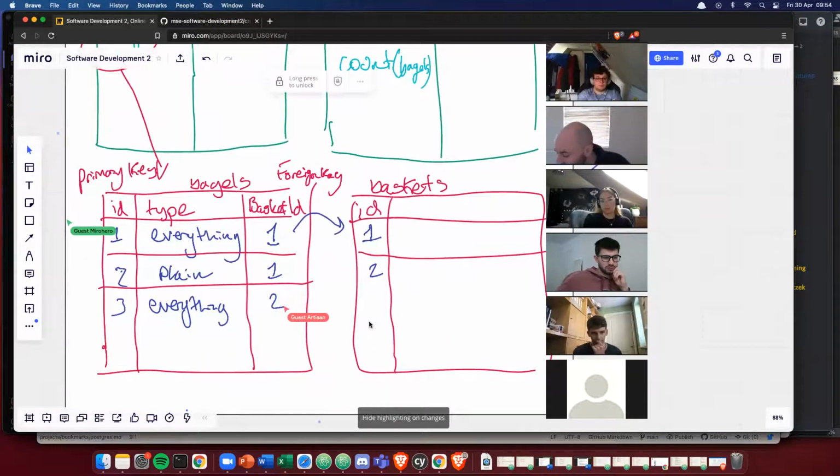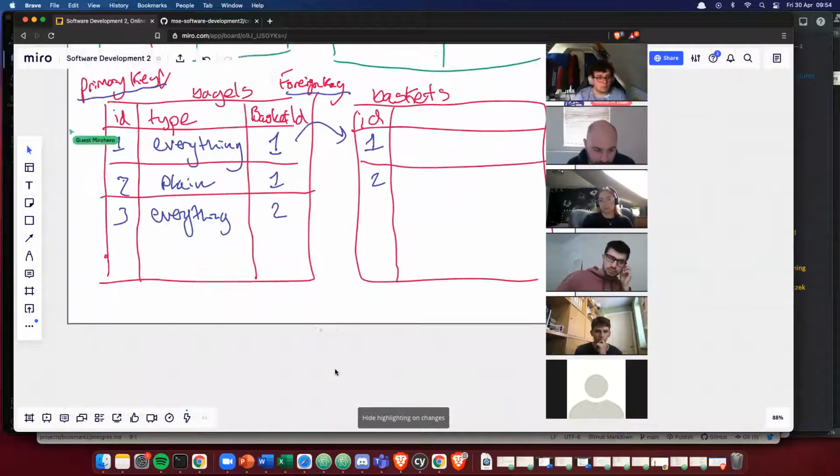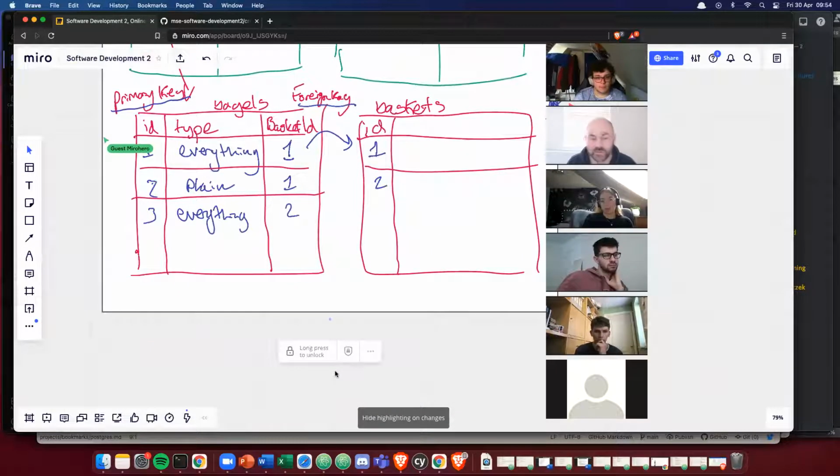And so here we have a concept of a primary key and a foreign key. A foreign key in a table does a lookup on a primary key of the corresponding table when we need it to. So imagine an SQL query along the lines of: find me all of the bagels in basket ID number 1. It might look something like this, where we have a